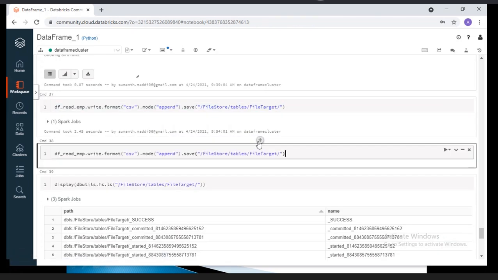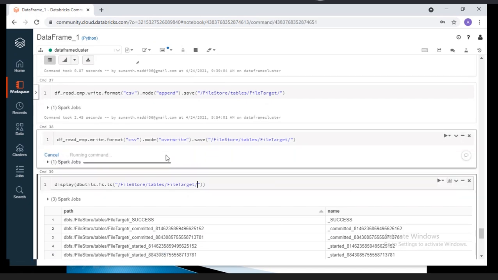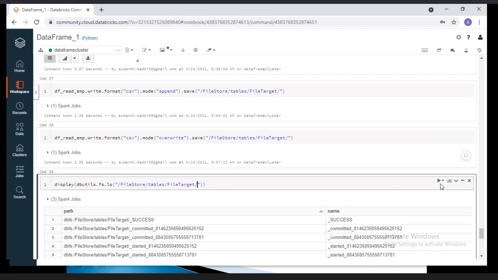For example, I don't want to do that append. I want to do the overwrite, truncate and load. Let me execute.